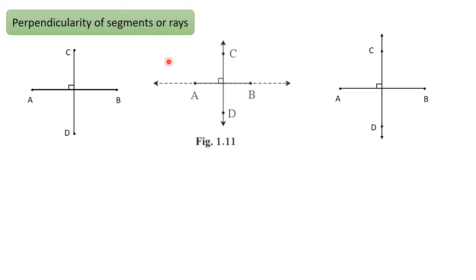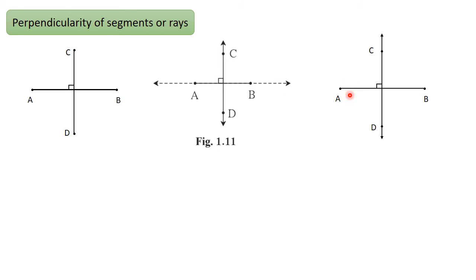Alright, moving forward, let us learn perpendicularity of the segments or rays. What is perpendicularity? Perpendicular means 90-degree angle. So in the first figure, you can see two segments, segment AB and segment CD, are perpendicular to each other. In the second case, two lines. Why am I calling these two lines? Because you can see AB has two arrows on both sides and CD also has two arrows on both sides. That means both become lines. Even these two lines are perpendicular. Why? Because there is this sign of perpendicular and 90-degree between these two lines.